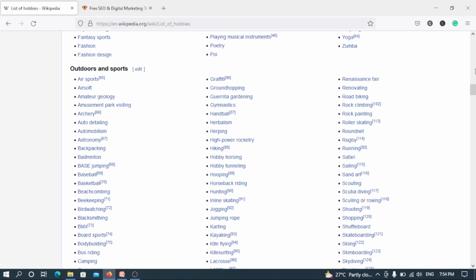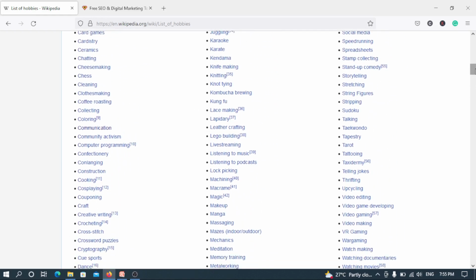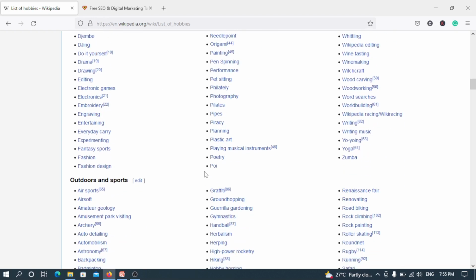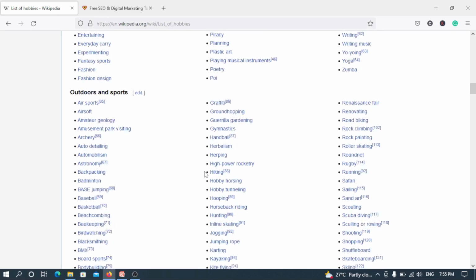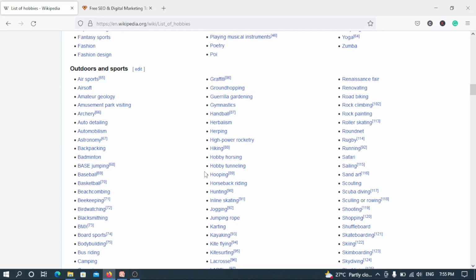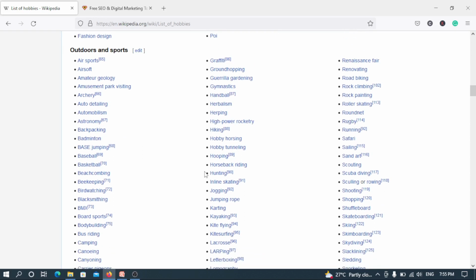Now you can see lots of niches, and they're actually divided into categories. There are lots. You can see as many as decorating, dancing, kids sports, cryptography. So these are all niche ideas, and if eventually you find a niche idea which you are an expert in, like I said, it is not a must for you to be an expert, but if you're an expert in a particular niche idea, it's an added advantage because you'll be creating content from experience. But if you're not an expert, that doesn't mean that you shouldn't choose such a niche. If you find it profitable enough, you can actually hire an expert to start creating